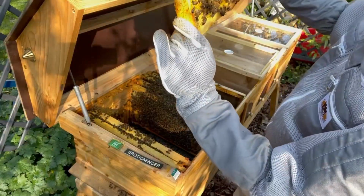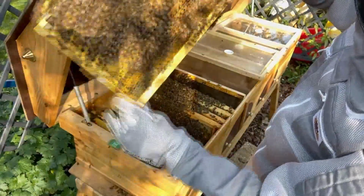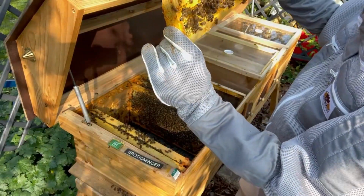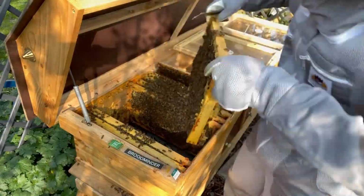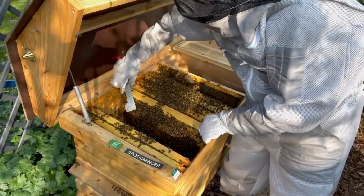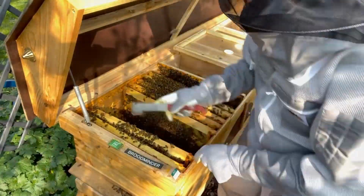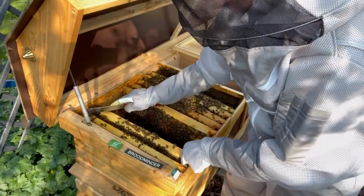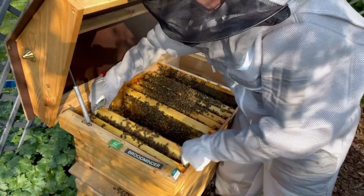Still don't see any queen cells. This has lots of lovely capped brood and stores and pollen bread as well, but no queen cells. So got 2 more frames to go. So done 4, 2 more, so it'll be 6, because remember Langstroth traditionally, at least on the larger Langstroth sizes, are 11 frames. So there's 6 in this one,